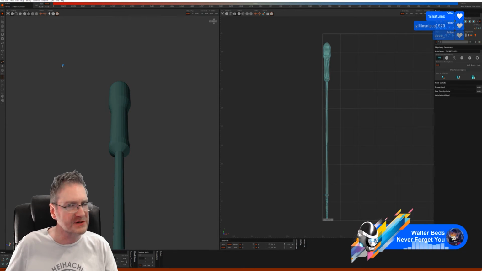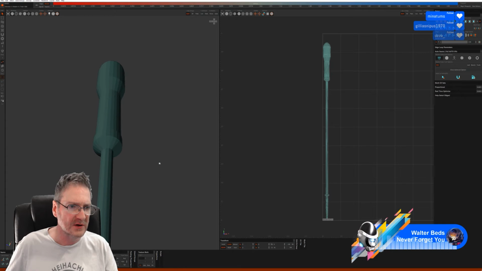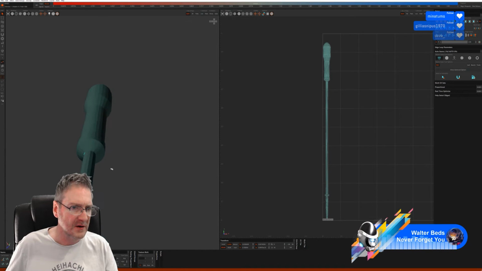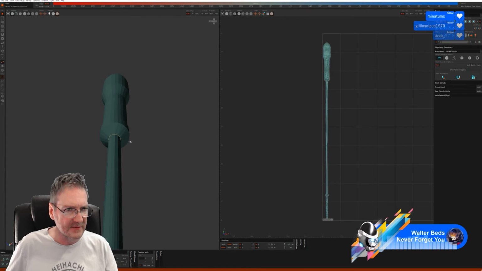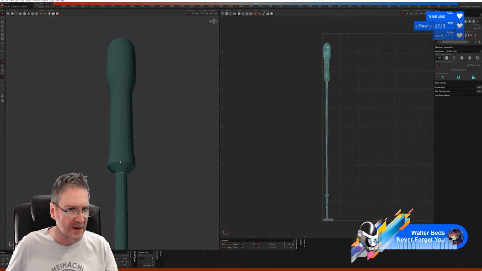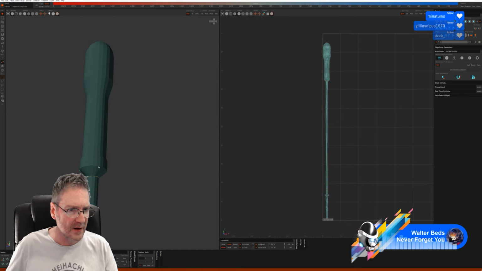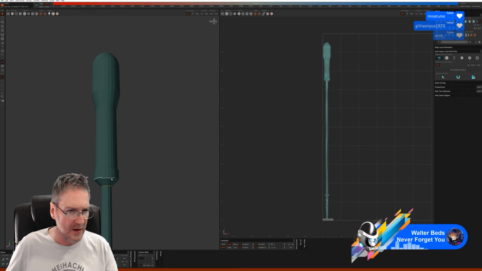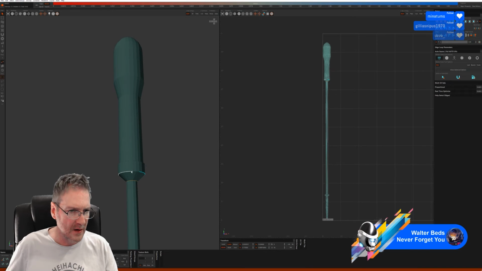I think it will be easier than trying to rely on the automated tool. So let's cut there. Cut there.